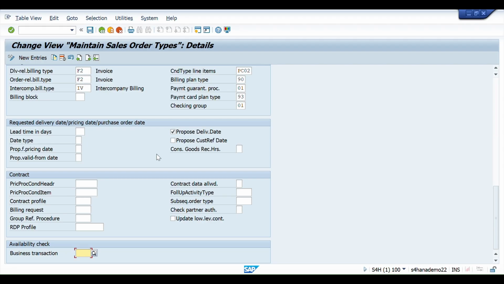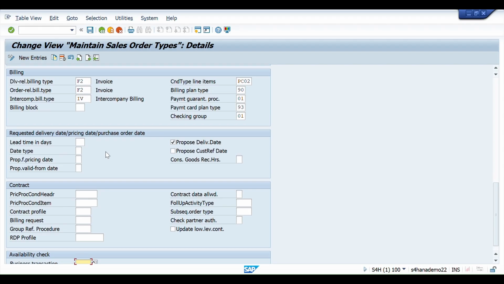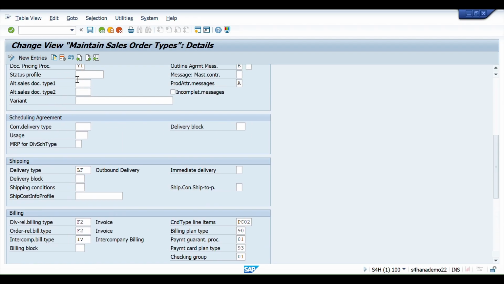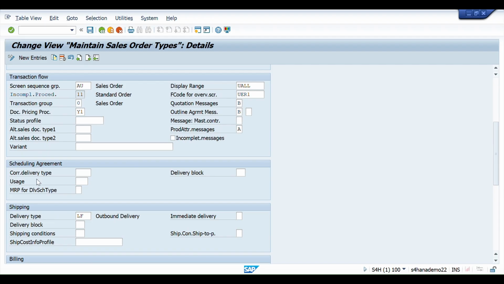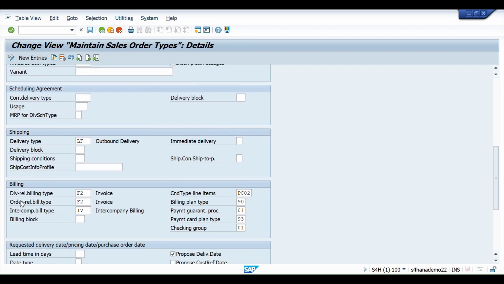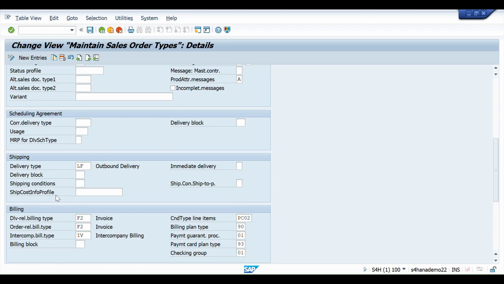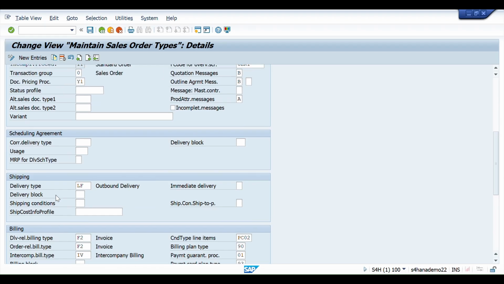That is define sales document type, or we can call it sales document control. In this video we have covered every field available in VOV8 in sequence: sales document type, number system, then general control, transaction flow, scheduling agreement, shipping, billing, requested delivery date, contract, availability check, etc. For important fields like sales document block, reference mandatory, internal number range, increment, delivery block, billing block, enter PO number, etc., I also recommend demonstrating the live system impact